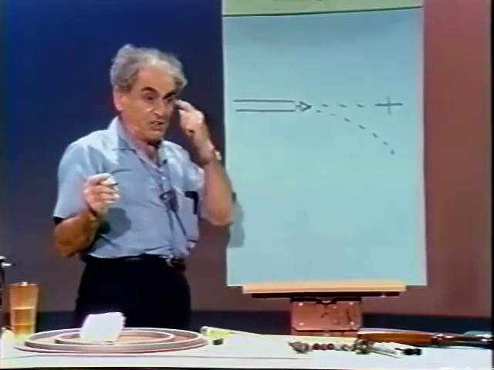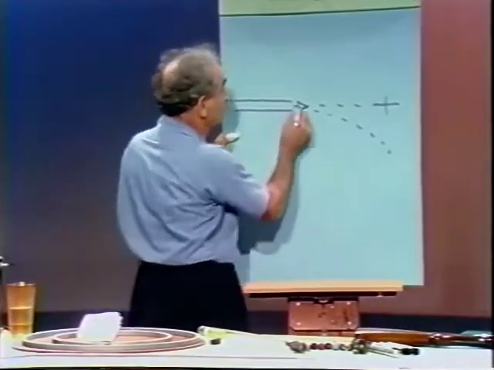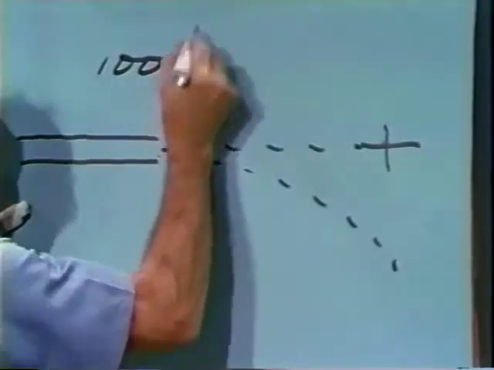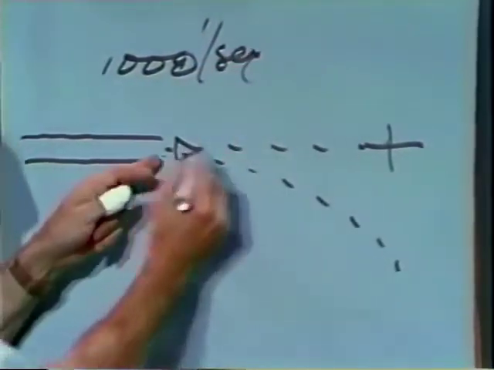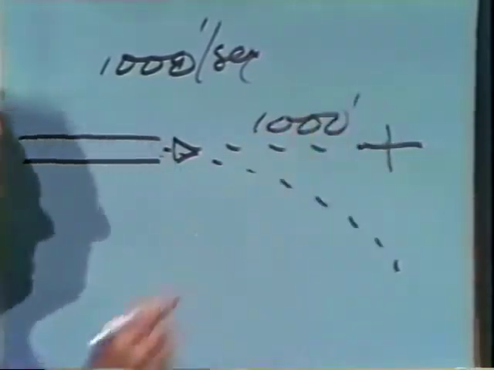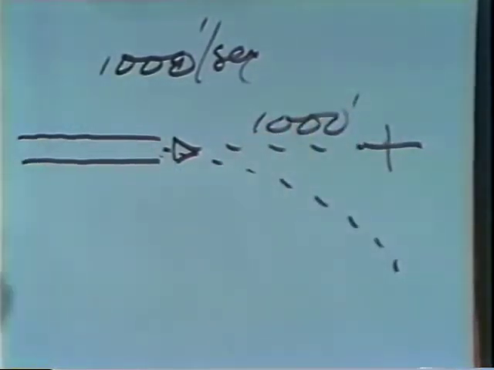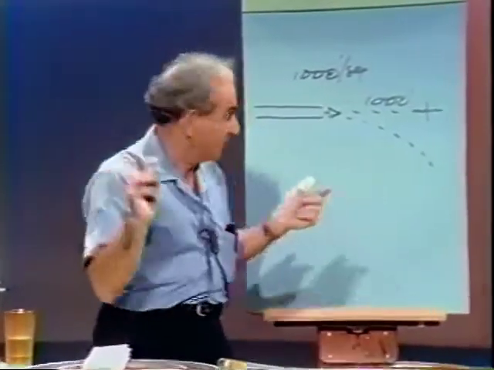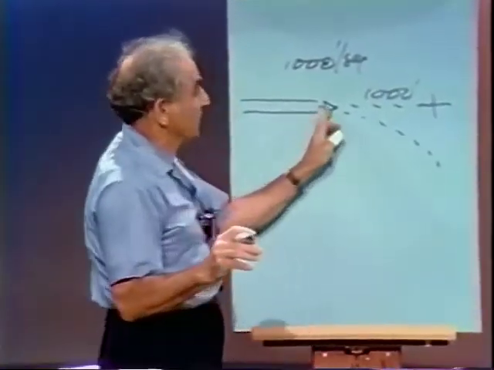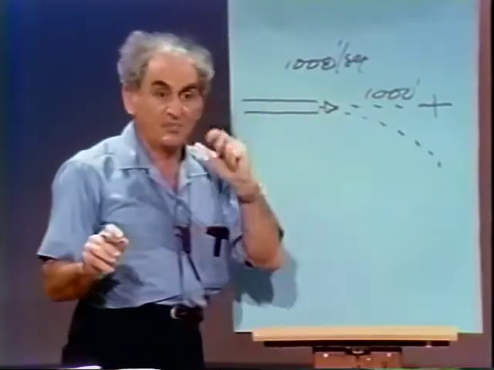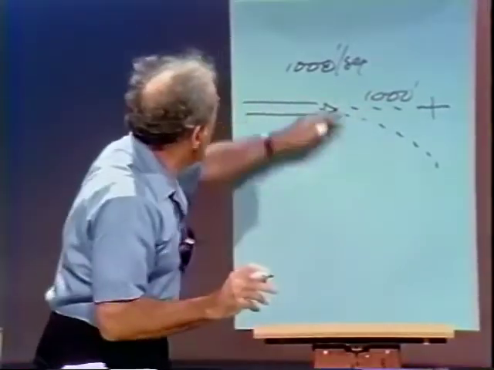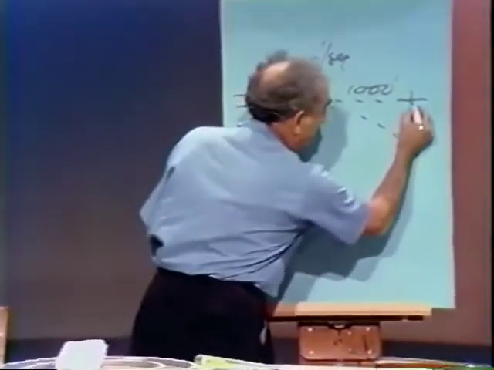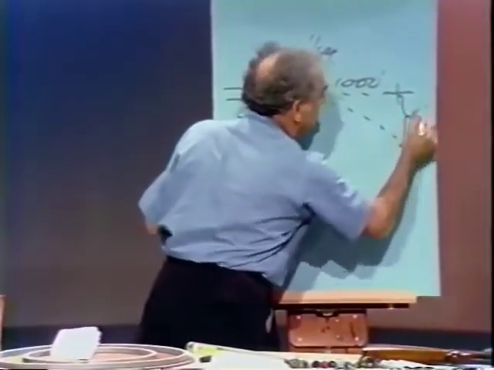And as an illustration of numbers, supposing the muzzle velocity of the gun was 1,000 feet per second. Supposing this was 1,000 feet, and supposing under ideal conditions the horizontal velocity of the projectile remains unaltered, it would take 1 second for the projectile to reach the target. But in 1 second, how far do gravitational forces take the projectile? As we discovered, 16 feet.